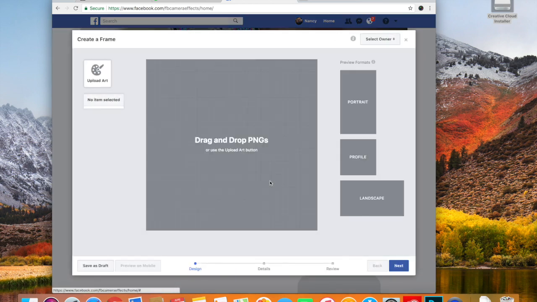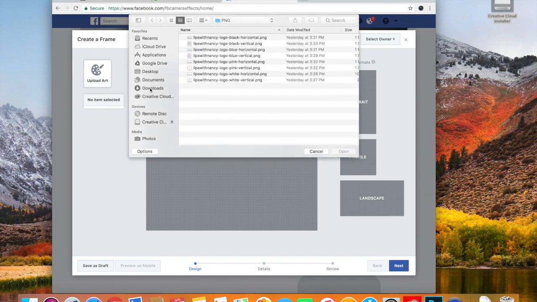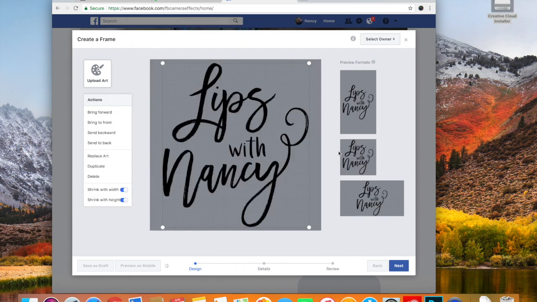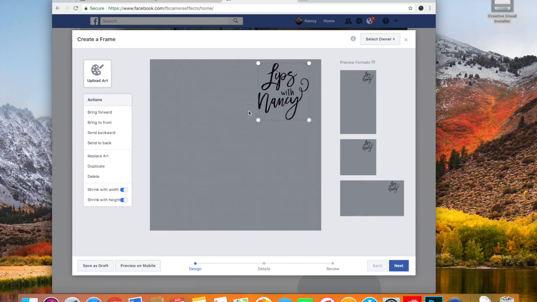From here, you're going to select the art that you want to add. So for me, it was just my logo for my lives. So it should be in PNG format. So make sure that your logo or your graphic or artwork is. Once you get it there, you want to resize it. So I put it in the upper right-hand corner so that I wouldn't have it in the way of my